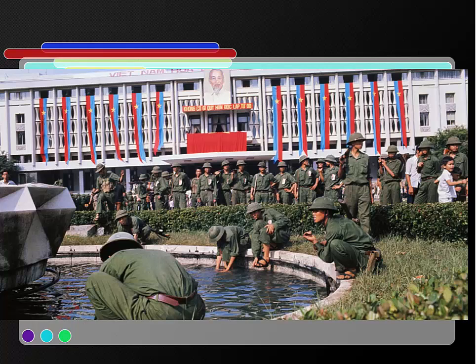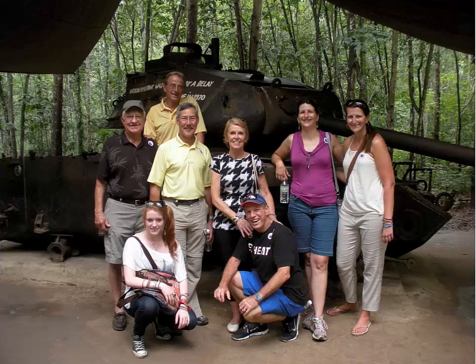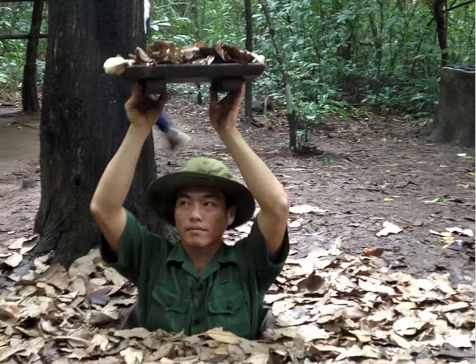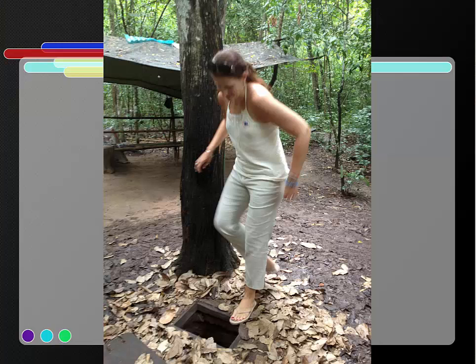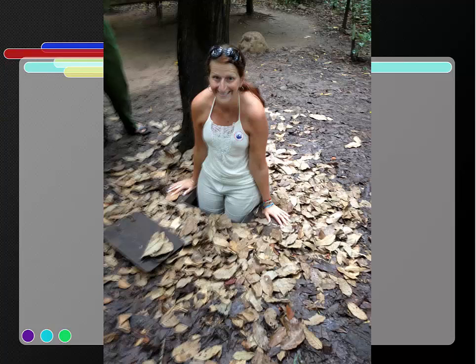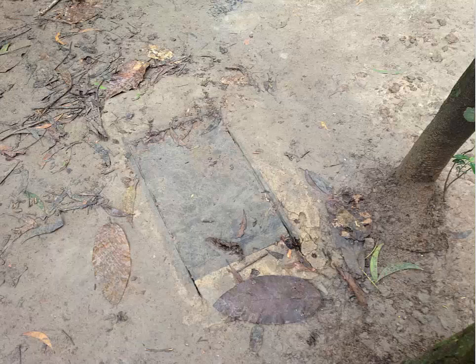And there you could see when the area fell. This is me and my sister and a couple of people we went on a trip with. This was in what's called the Cu Chi tunnels. This is actually an American tank. And this is the whole tunnel complex below the ground where the Viet Cong would hide out from the U.S. You can see what it looked like when they covered it. You could see this was not made for Americans, because I can't even get myself down in there. Not made for my wide American hips, basically. But you can see one of these hatches.